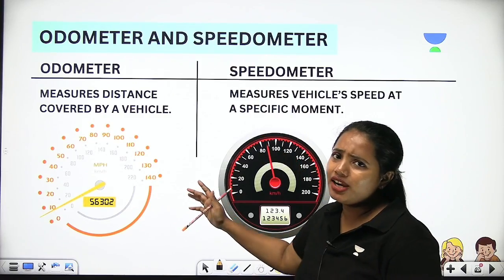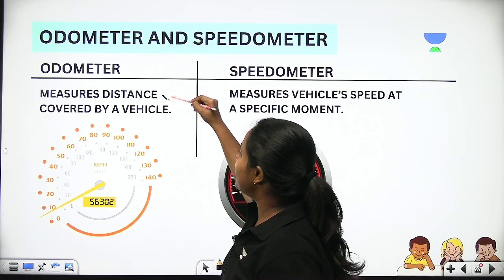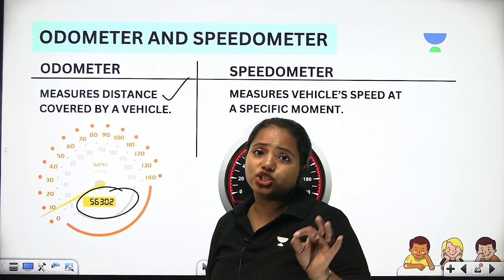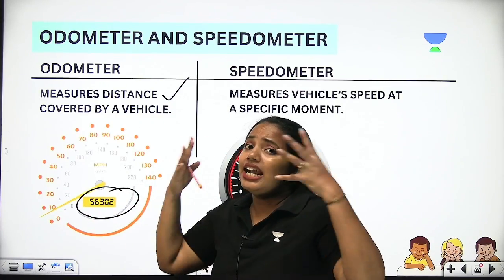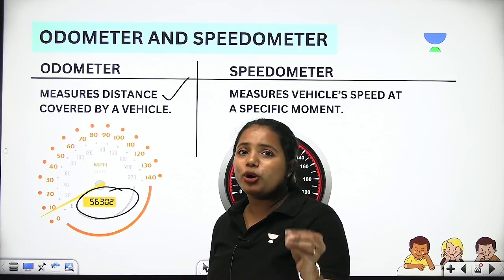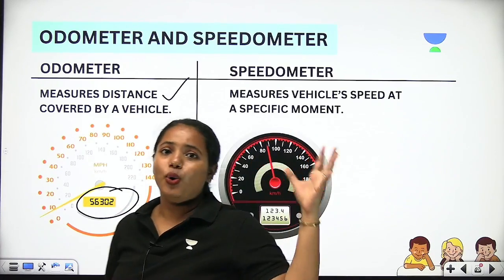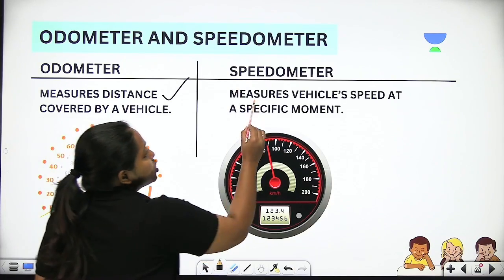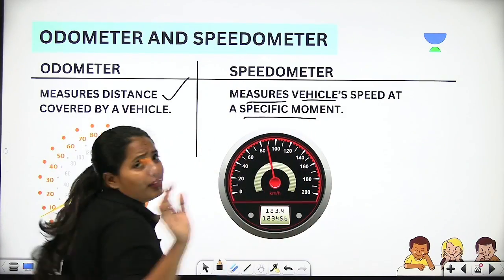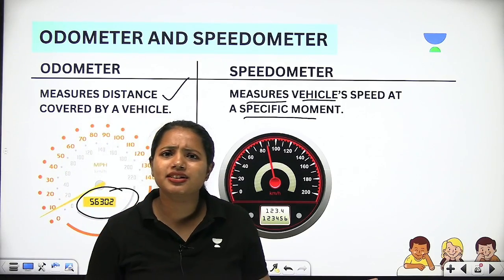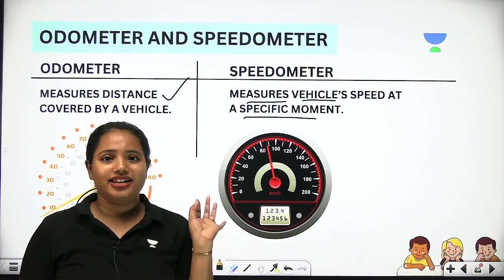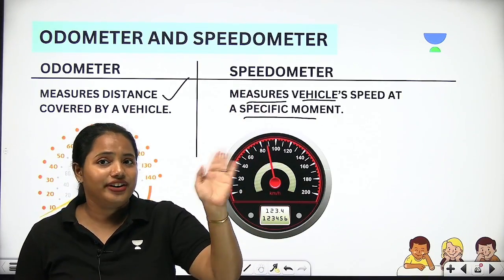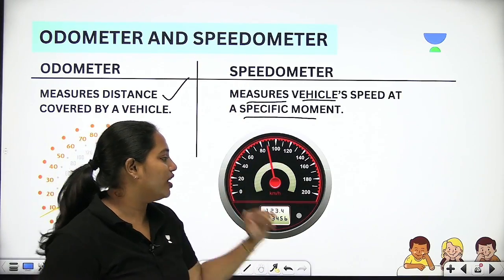So what is meant by odometer? This is actually a device which can measure distance covered by a vehicle. Look at this. This is nothing but the reading which gives you information regarding the distance covered by the body. So odometer measures distance covered by the vehicle. Similarly, when you talk about speedometer, it measures a vehicle's speed at a specific moment. That means what kind of speed is it? It's a very simple one, instantaneous speed. So speedometer measures instantaneous speed, not the average speed. Got it? And now we are going to talk about